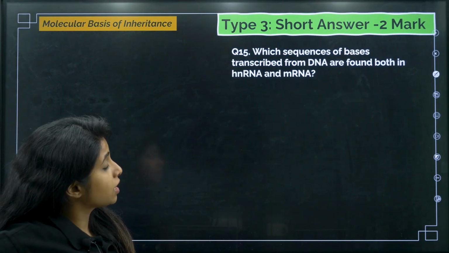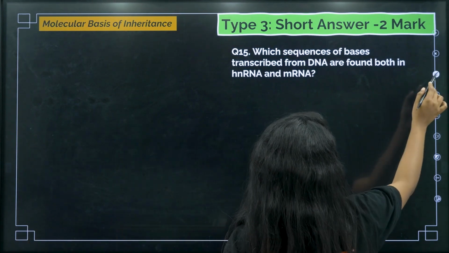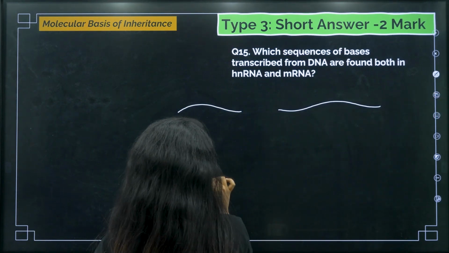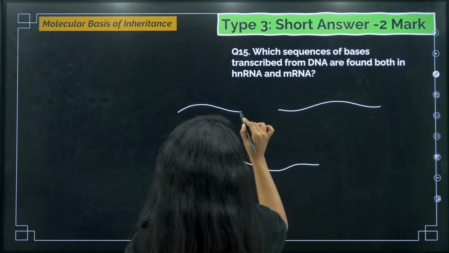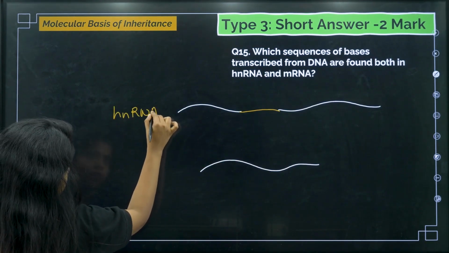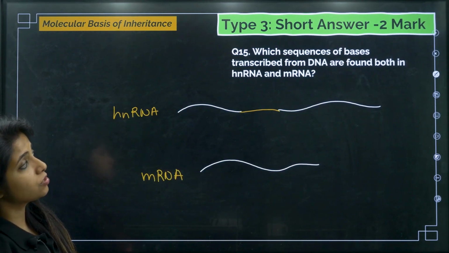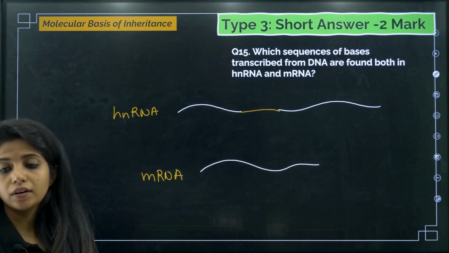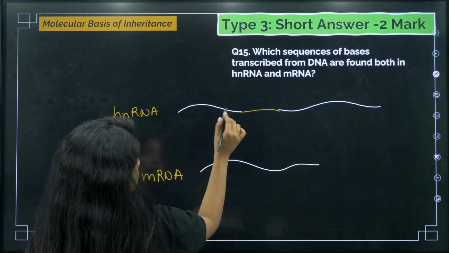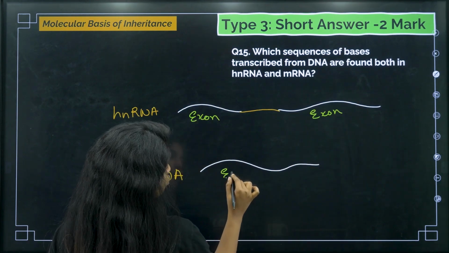Now going ahead. Which sequence of bases transcribed from DNA are found both in hnRNA and mRNA? What are they trying to ask you? They are asking, if this is hnRNA and this is mRNA, what are the sequences of bases transcribed from DNA that are found in both? This area that you see is an exon. This area is also an exon. Over here, you will just have